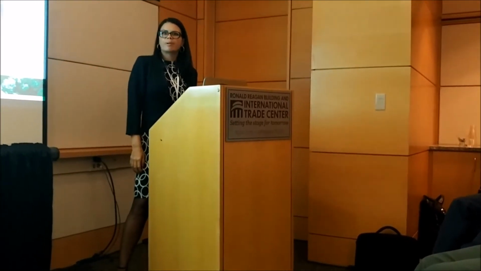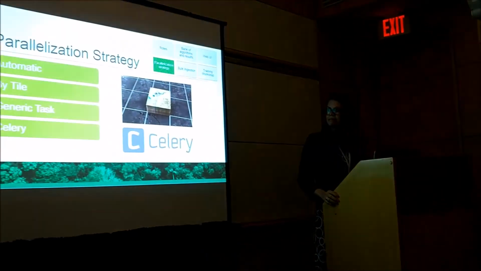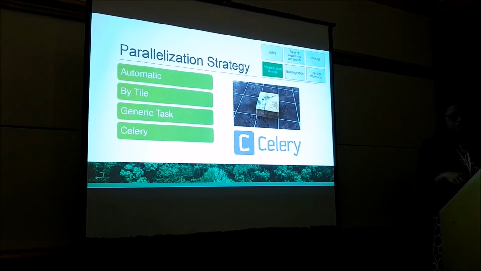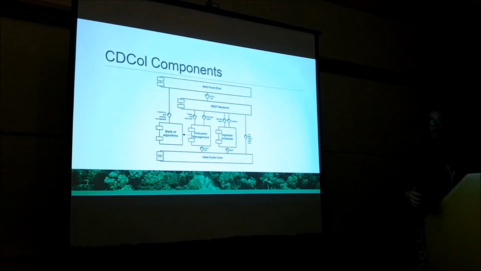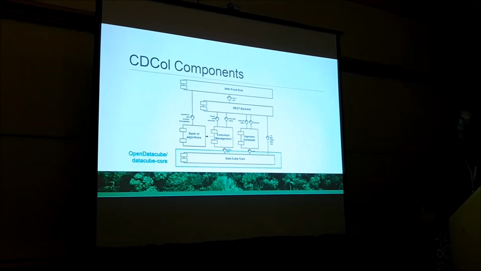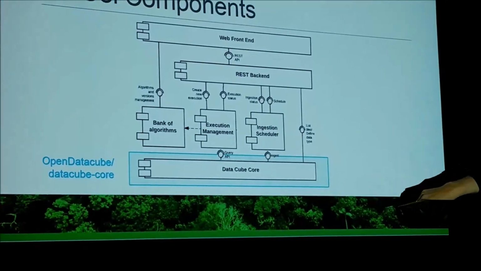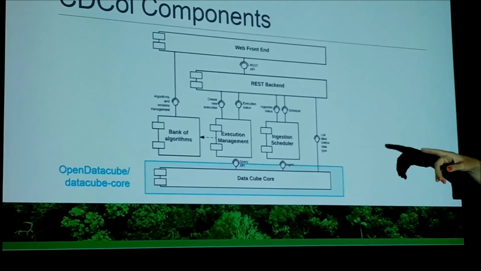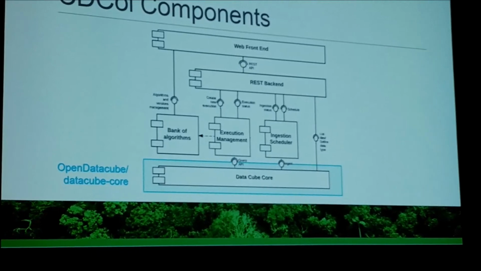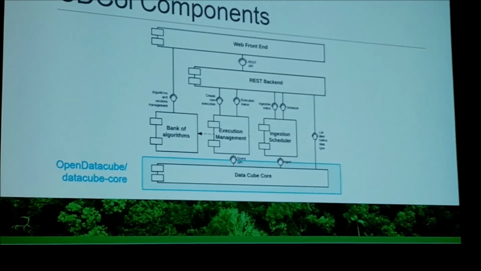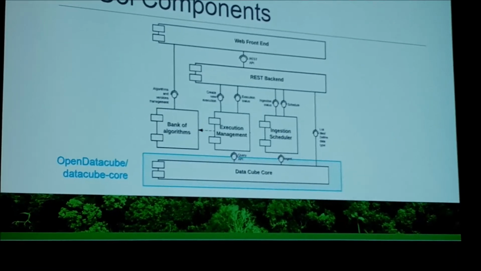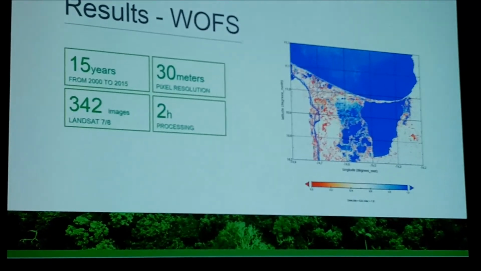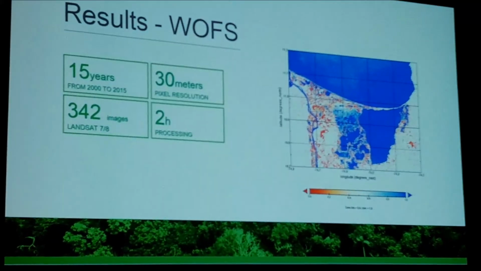We work on the parallelization strategy based on Celery, dividing the tasks by tile, one degree by one degree. So our components are based on the Open Data Cube code, but we have the ingestion scheduler, the execution management, the algorithm bank, and our REST backend, our web interface. This is our data cube, and now I'm going to show some results we call sexy results,